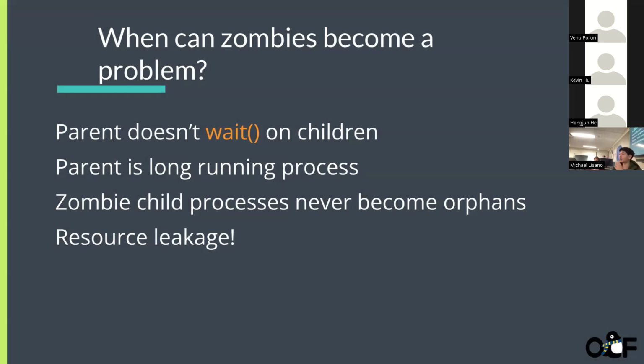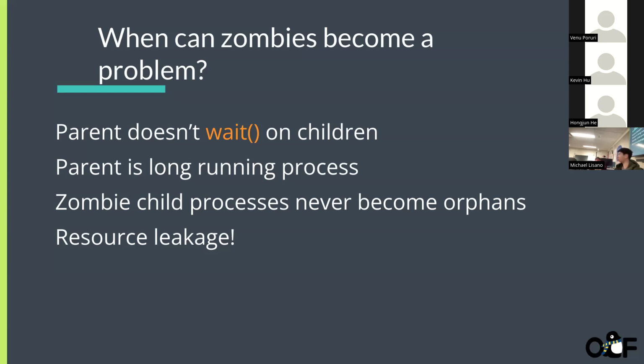An example I could give would be something that spawns many workers, maybe something super computationally intensive, so you want to take up multiple processes. Those workers finish whatever they're computing, and then they don't exit. They're just sitting there hogging memory, and if you spawned tons of them, you're wasting resources. If the parent is just sitting there waiting and not telling the children to exit, then it's just wasteful. That's what's meant by resource leakage.